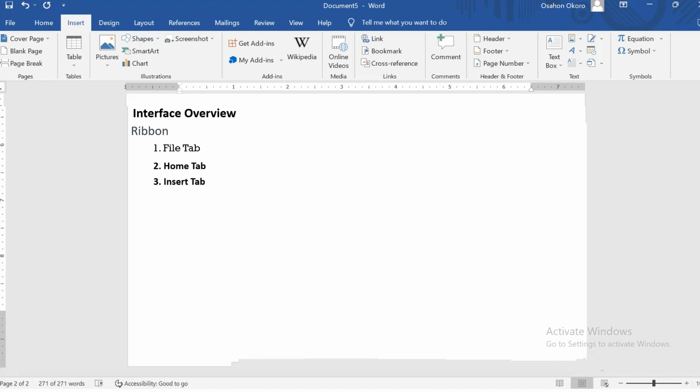You also have some other add-ins, like Wikipedia, to know the history behind a particular text or highlighted phrase, or you want to go online and stream videos directly from the document you are working on. You go to the Media section and you have that sorted out. Or you have links, like bookmarks and cross-referencing, that you want to link your documents with.